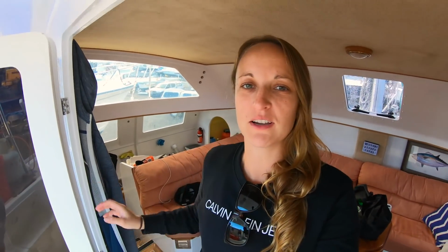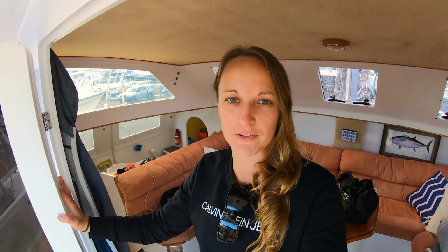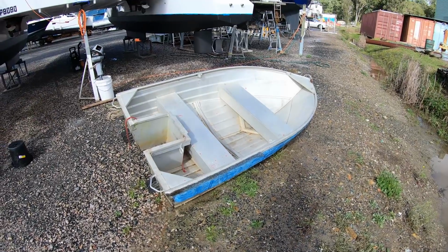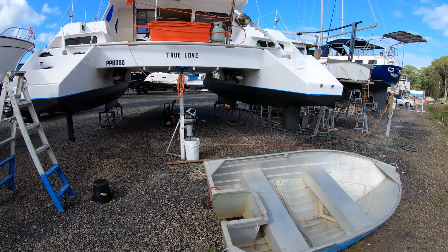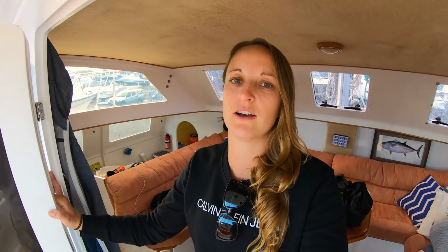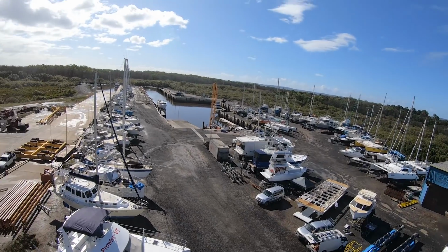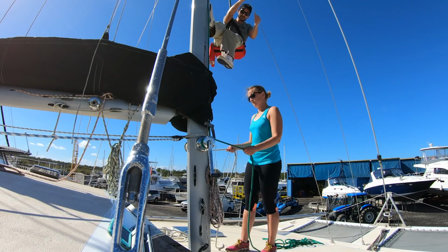Today is splash day. So excited to get in the water. We're just heading off to pick up a tender now to borrow from our friend for a few days until we sort out a long-term one. And then we're gonna do a grocery run, alcohol, fuel, water. Michael's got to go up and put the anchor light on again. What else do we need to do? They're going to lift us at 1 so we can touch up the undersides where they...